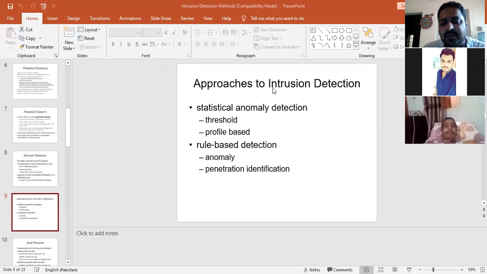And there's another type of detection that is called rule-based detection. It is based on anomaly as well as penetration identification. So these are the different methods which can be used by an intrusion detection method. Like, for example,